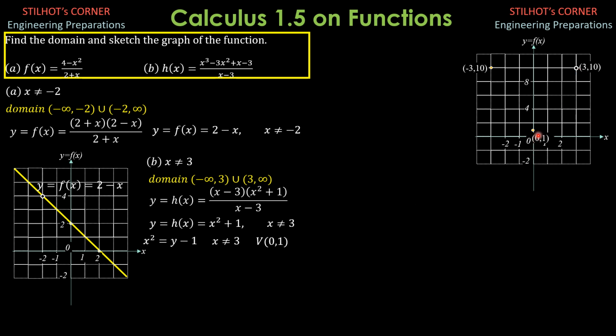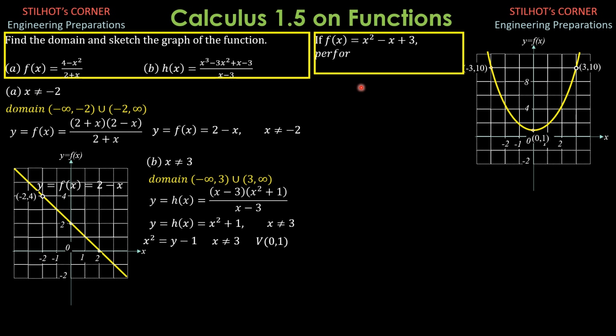Then, because it is a parabola open upward, we just connect these points with a smooth curve as long as it is an open dot there, meaning to say that's not a point on this graph, on this parabola. That's a break, invisible break. So that's it for this part B. Then since we still have space here, let's have this another problem.